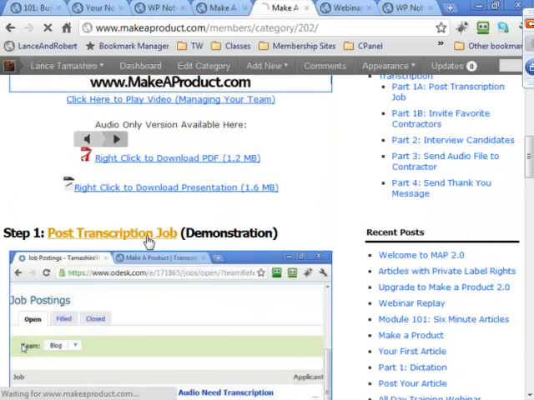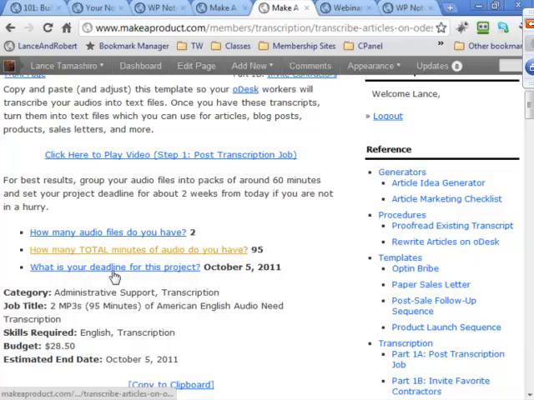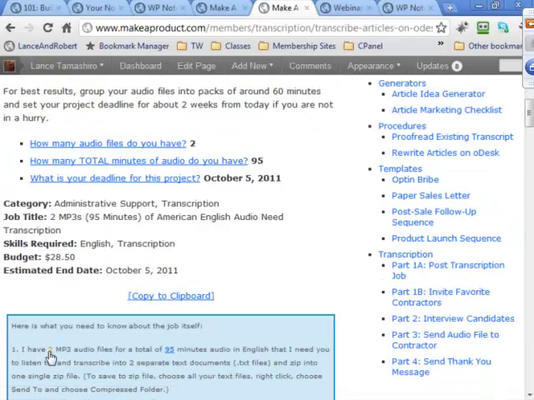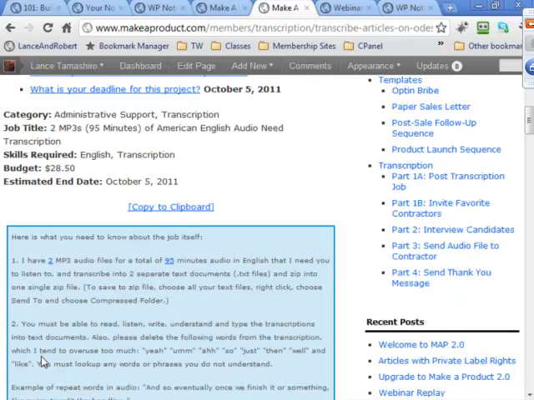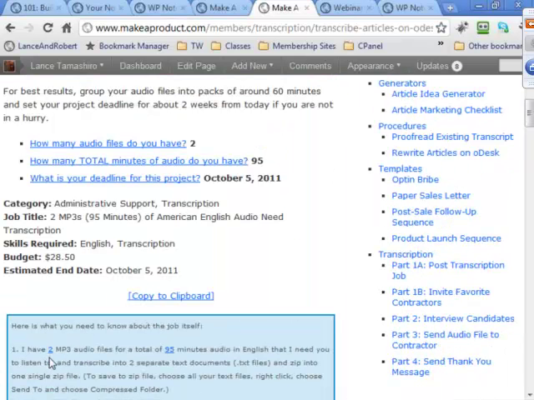Is that, oops, this isn't it, is it? Let me see. Yep. Is that even on these, where we have all this stuff? I've got this job down here, you can see at the top it says I have two. I'll just real quick show you guys how big this is. This is a big job description that Robert and I use. I have 2 MP3 files for 95 minutes.